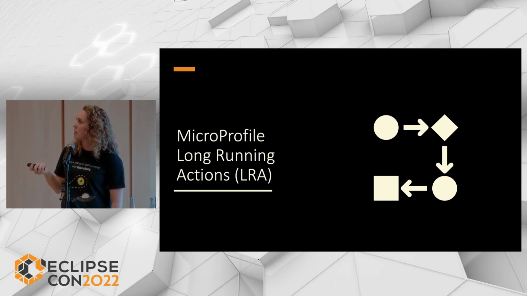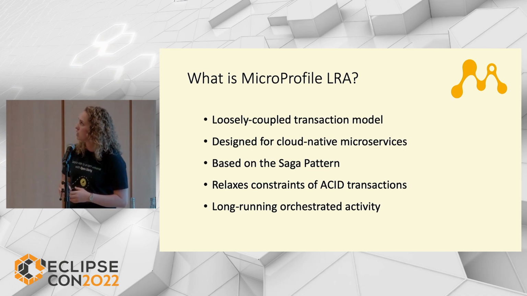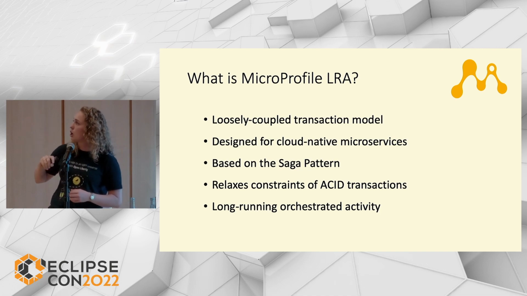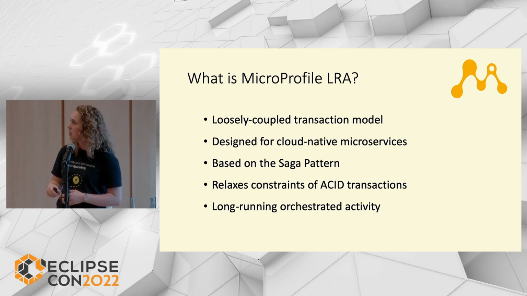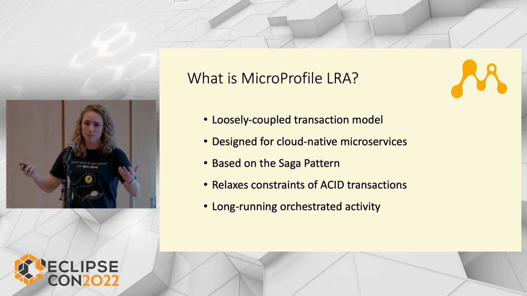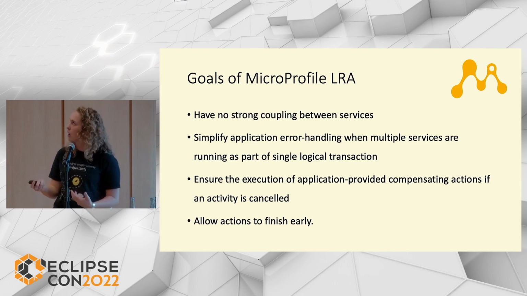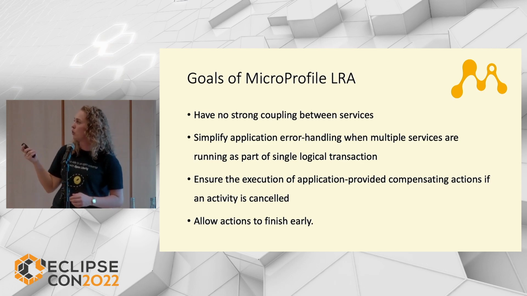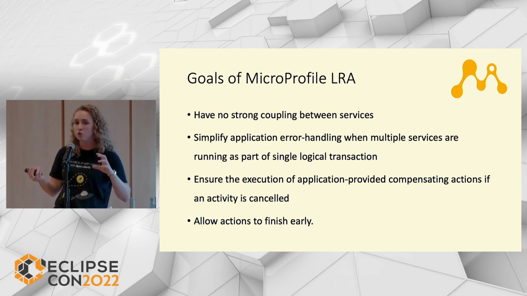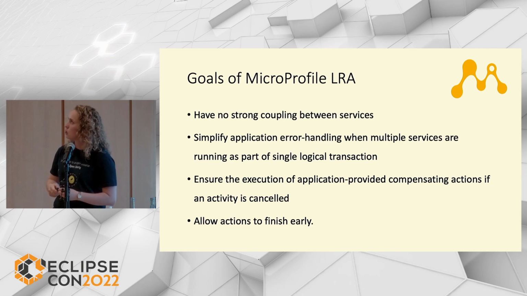Essentially, it is designed specifically with the cloud in mind. So it is designed for loosely coupled, distributed microservices that are designed for the cloud. It is based on the Saga pattern, and again, it uses those more relaxed constraints of BASE rather than ACID, and it's basically a long-running orchestrated activity, a type of transaction. The goals of creating this were really to help simplify things like error handling when you have multiple services that are running as part of that single transaction. It helped to ensure the execution of application-provided compensating action. So again, that forward strategy rather than using rollbacks, and things like allowing actions to finish early and making sure